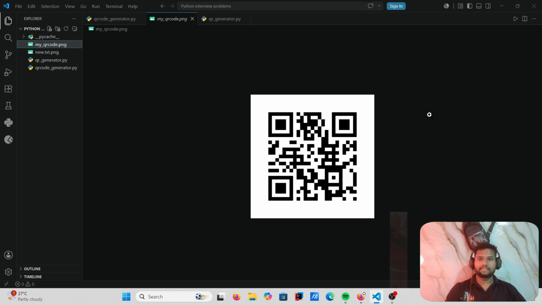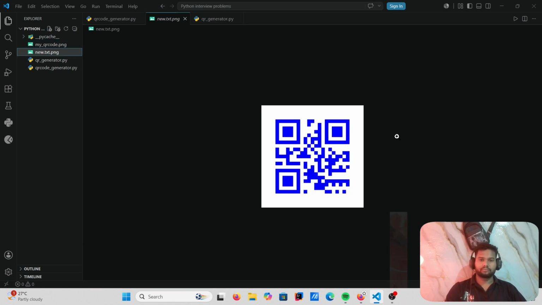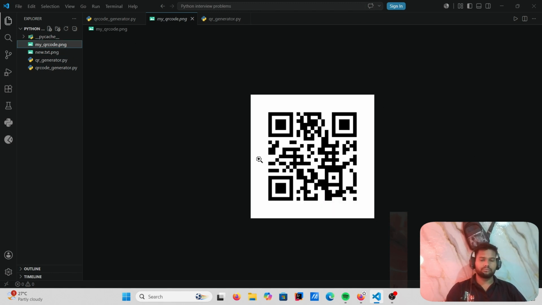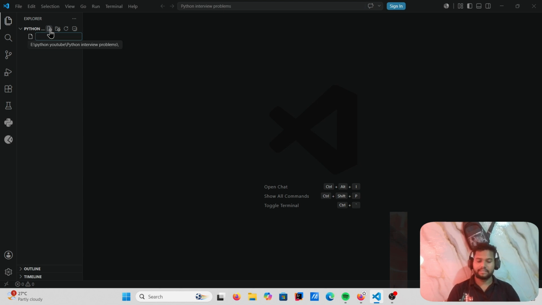Hello Python developers, let's create this type of QR code by using our Python program. So we will create this type of QR code and this one also. So we will use two programs to generate these two types of QR code. Now create a file inside this QR code